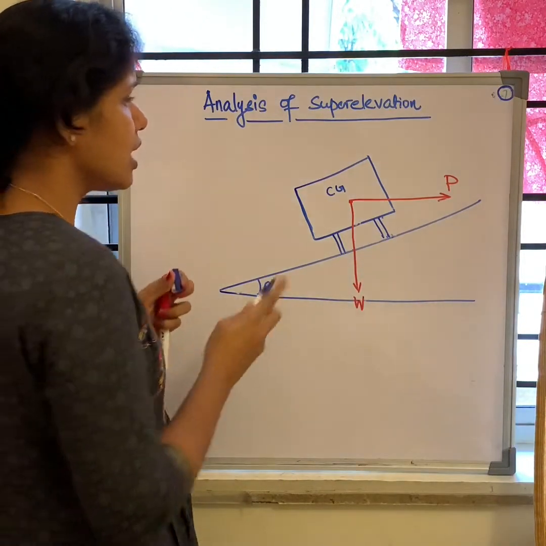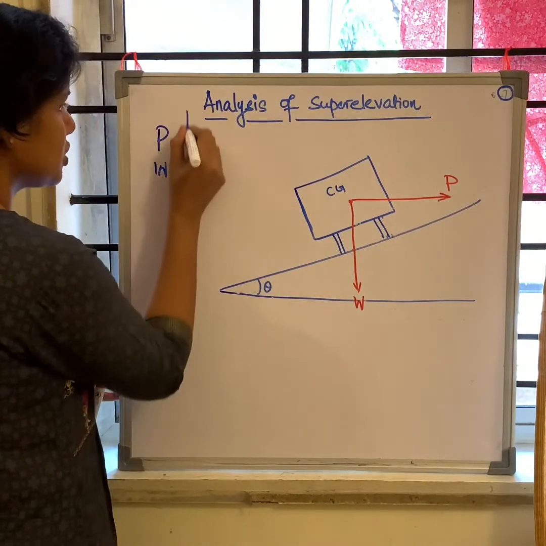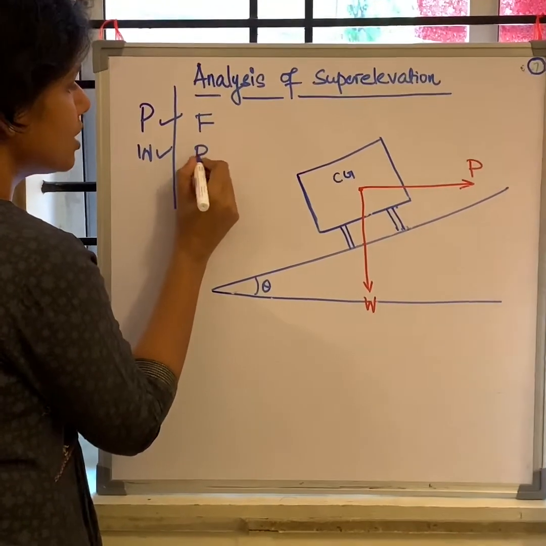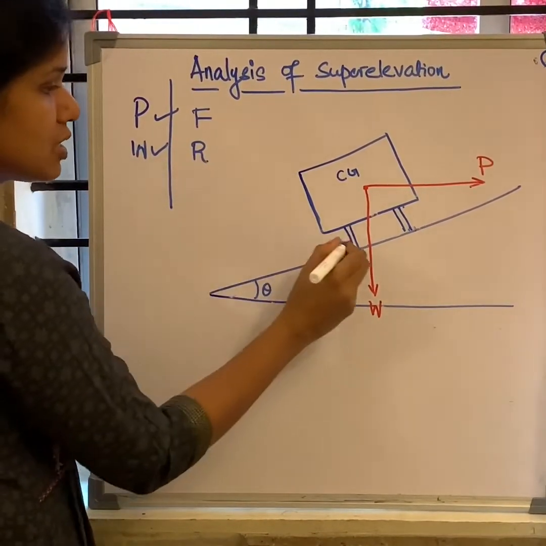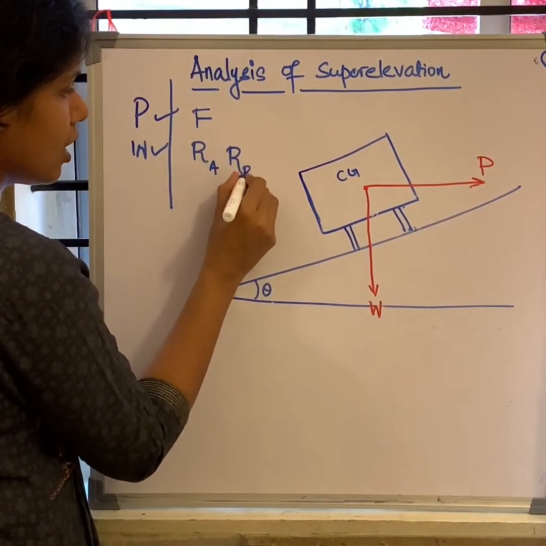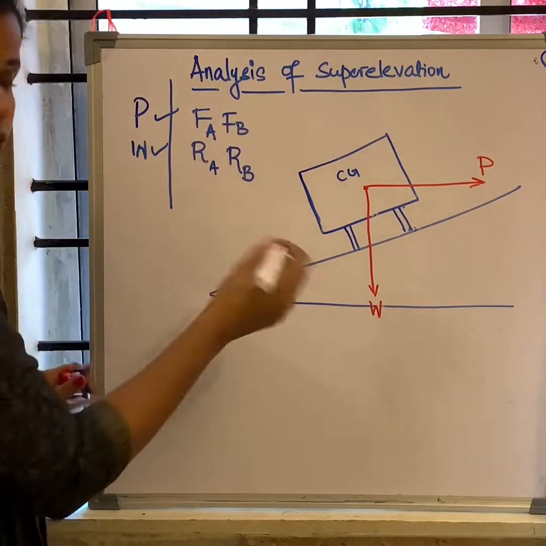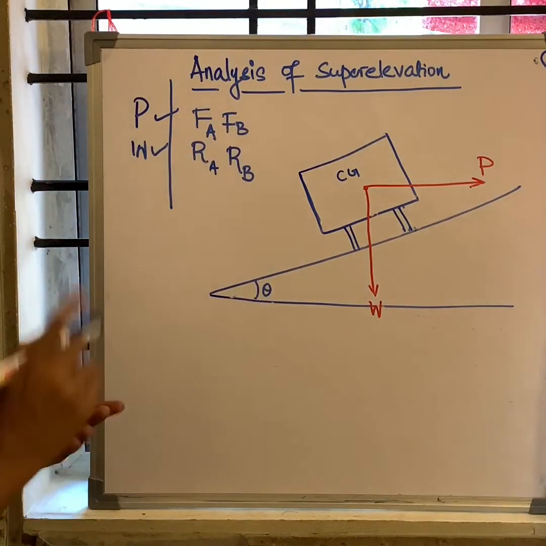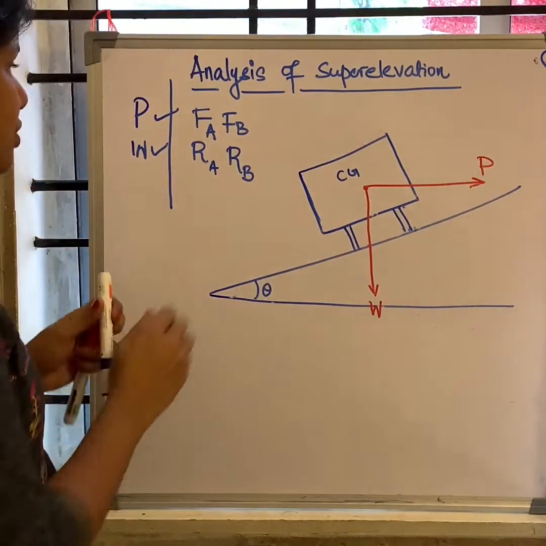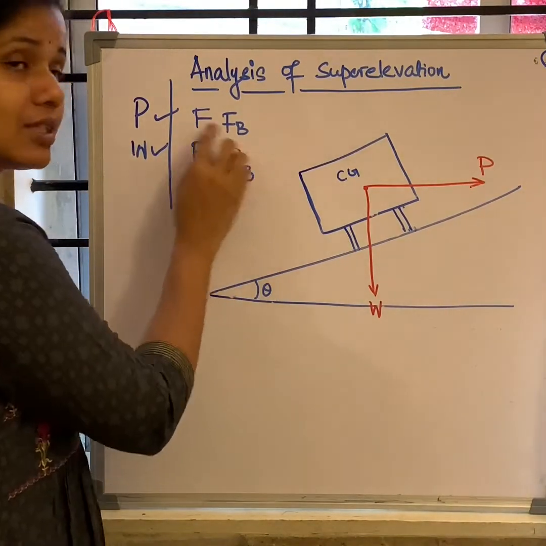So we know that apart from centrifugal force and weight of the vehicle, these two we already marked, we need to mark now frictional forces as well as reactions developed. So reactions at the inner edge and outer edge of the wheel will be called RA, RB. Similarly, the friction developed will be FA and FB. So these are the forces we are now going to mark. But we need to do it slightly carefully. The very first important thing is, let's mark the reactions first.